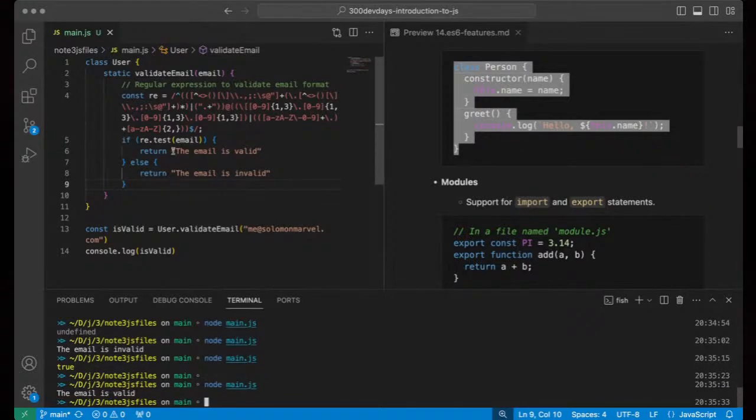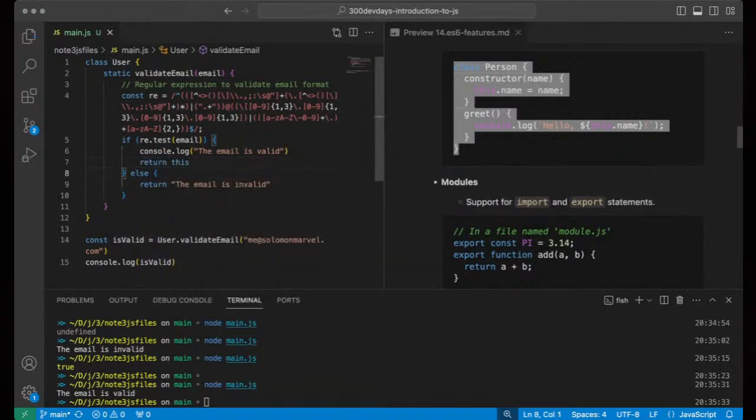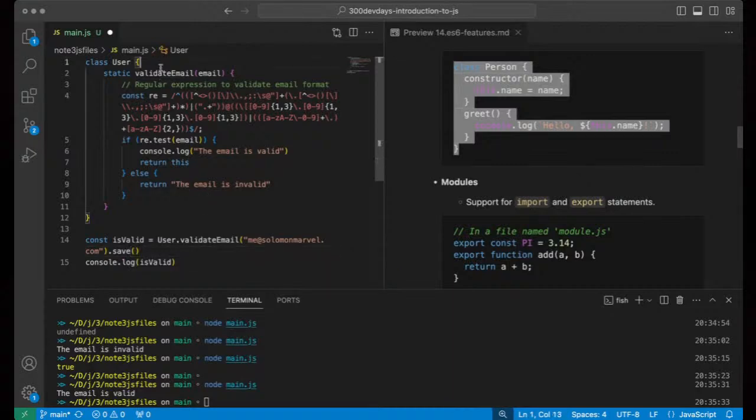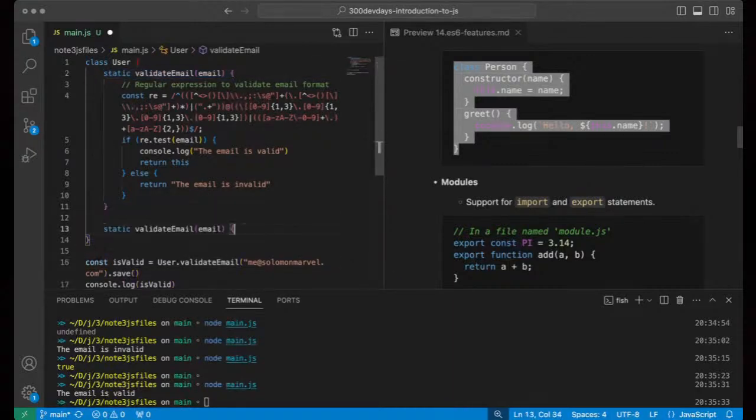Now, one thing we could actually do is to perform some chaining where we get something like this, console.log this, and then we'll return this. Now, remember, I taught you that if you're trying to do some kind of chaining in the last class, we mentioned that you can proceed to return that this object, right? So where you can say user.validate email.save, right? If the email is valid, go ahead and probably save. That is if you also maybe have a static method for that as well. So if you have a static method for save record, okay, so now we're trying to save the record.